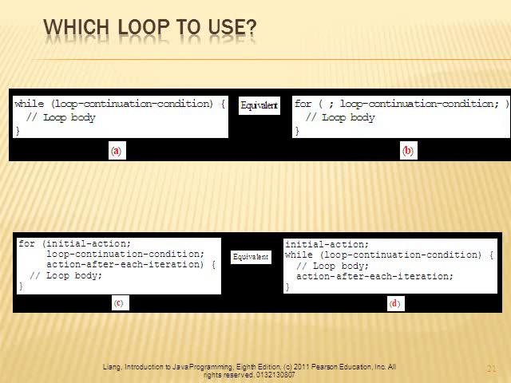In general, my suggestion to you is to use the most intuitive loop or the one that you are most comfortable with using. Use a for loop when you know the number of repetitions and need a counter control loop. A while loop probably is best suited for times when you need to use a sentinel control loop. And a do while loop, again, when you need a sentinel controlled loop, but the loop body must be executed at least one time. Now, on the other hand, while loops and do while loops can be used as counter